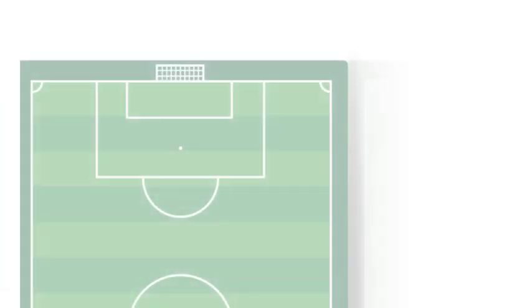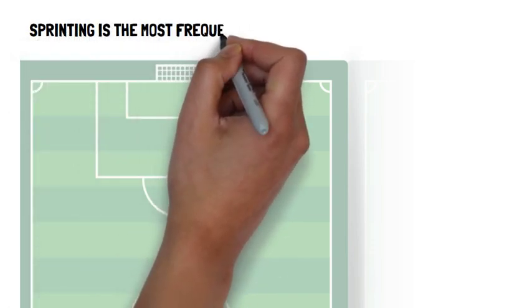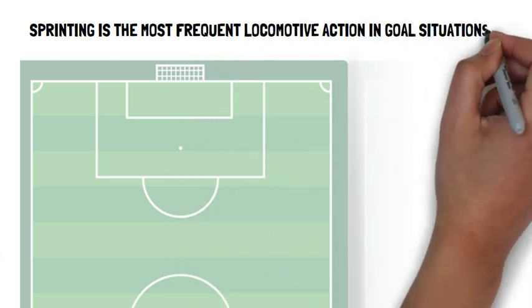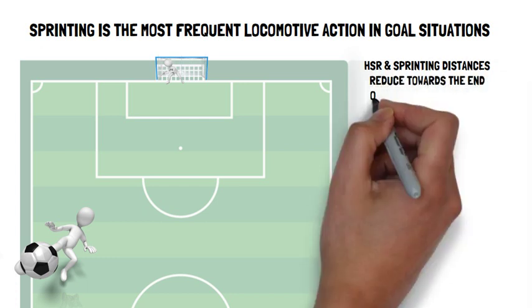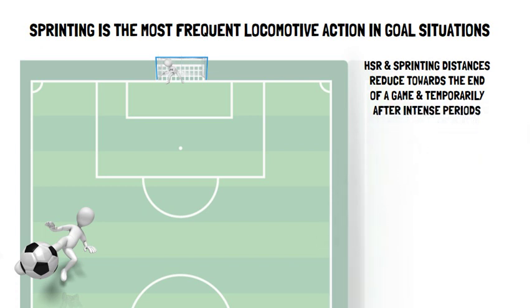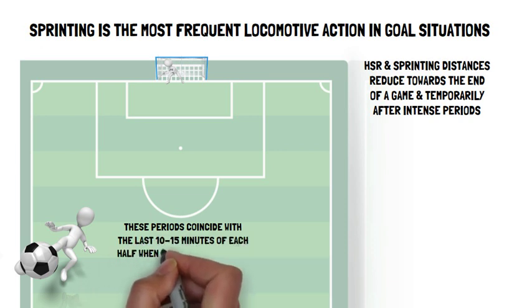However, these high-intensity efforts are considered of great importance for both competition outcomes and soccer-specific fitness testing. Straight sprinting has been identified as the single most frequent locomotive action in goal situations, performed by either the scoring player or the assisting one. High-speed running and sprinting distances also reduce towards the end of a game and temporarily after intense periods. These periods coincide with the last 10 to 15 minutes of each half, when a higher frequency of goals are scored